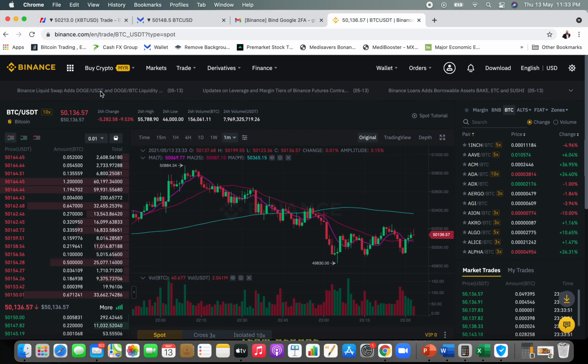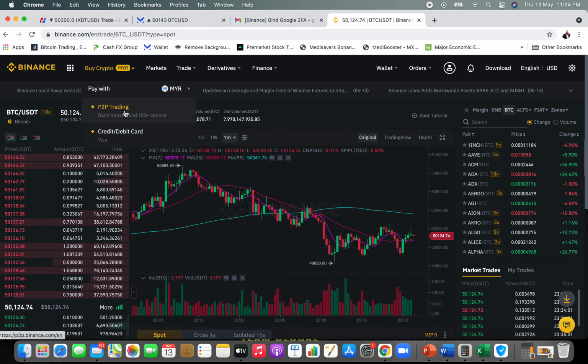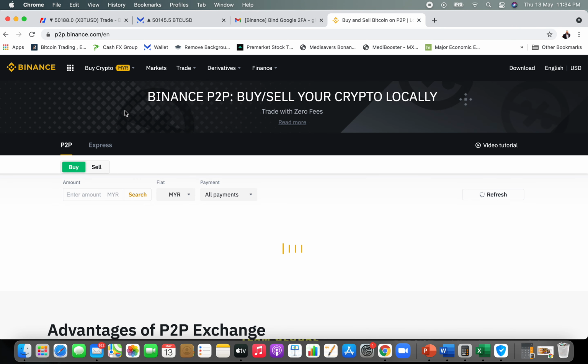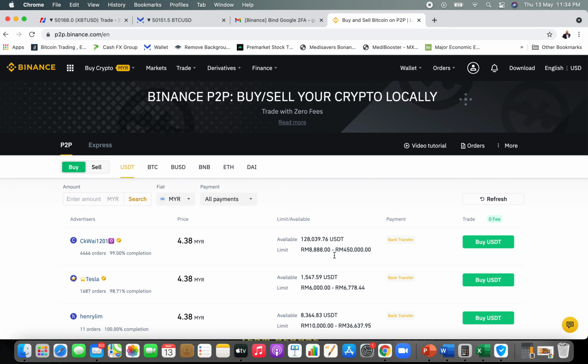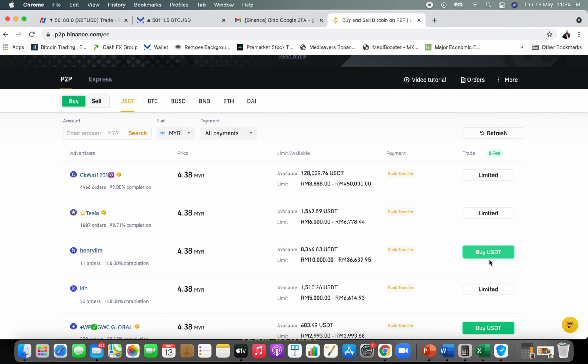One of the wonderful things about this platform is that, especially for someone like me in Malaysia, I can buy crypto. You can see over here, I can buy crypto. There is P2P, whereby I can buy from anyone. If I click P2P, I can see people posting that they want to buy or sell.